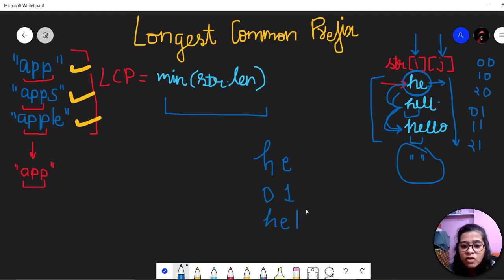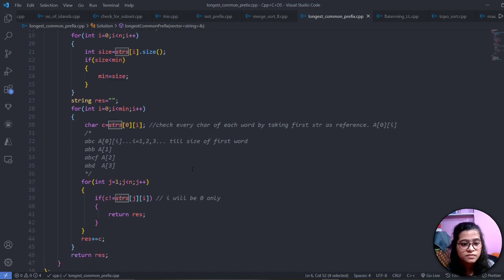Likewise we are comparing all the strings. This is index 1: 1 0, 1 1, 1 2, 1 3. Likewise we are comparing all the elements of the strings.